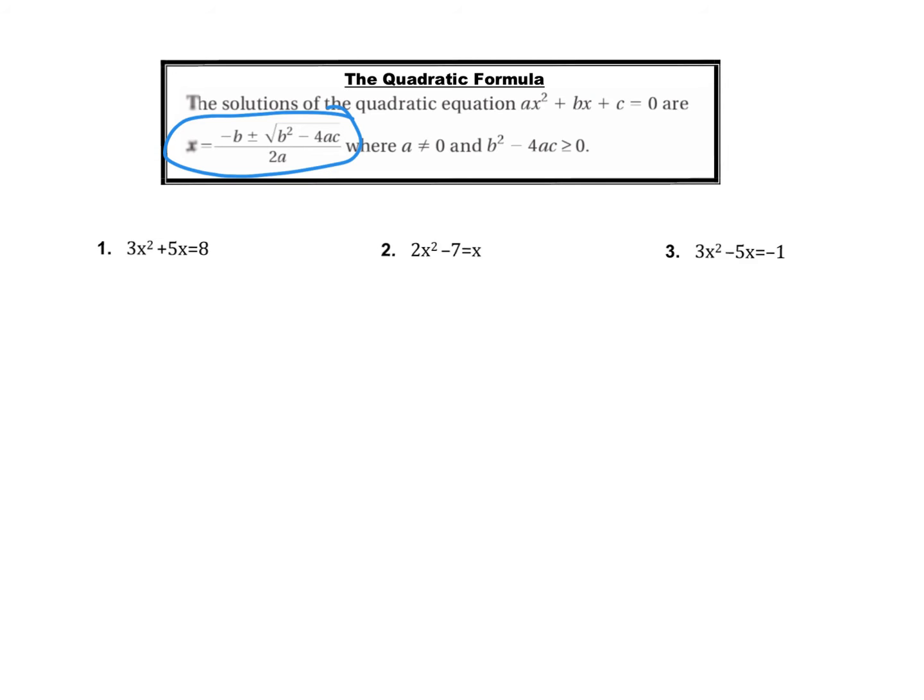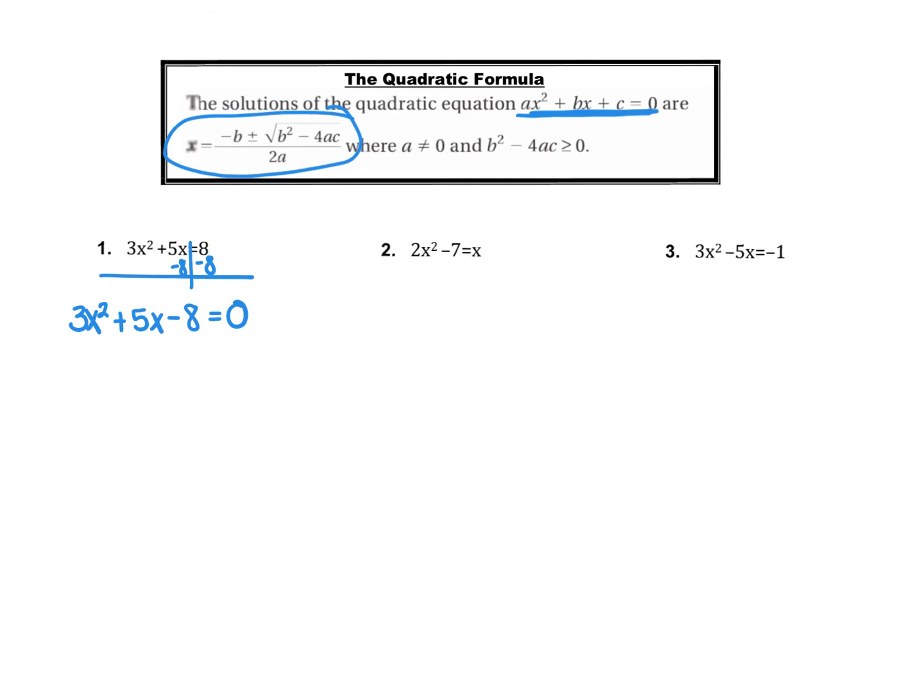So let's go ahead and solve this equation using the quadratic formula. First of all, to use the quadratic formula, we need to have it in this form right here. We have to have it equal to 0. So let's rearrange this. Let's minus the 8. And so I'm going to have this rewritten as 3x squared plus 5x minus 8